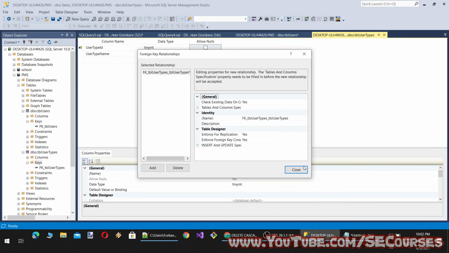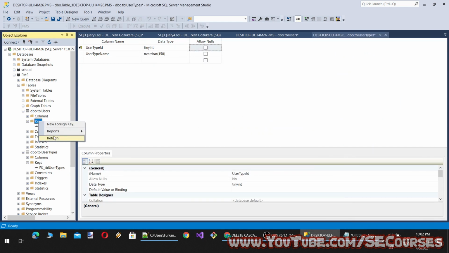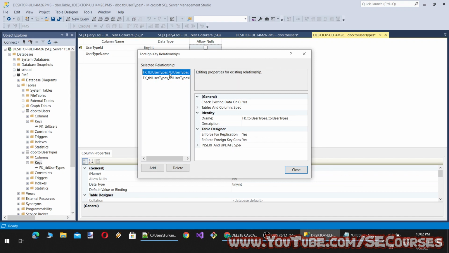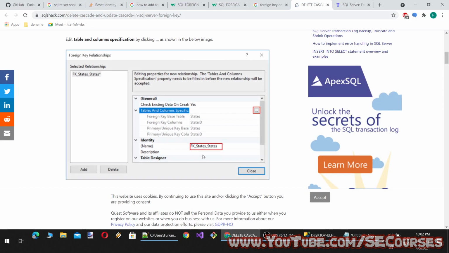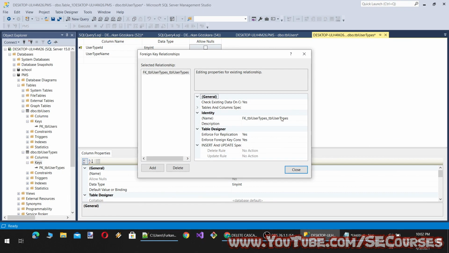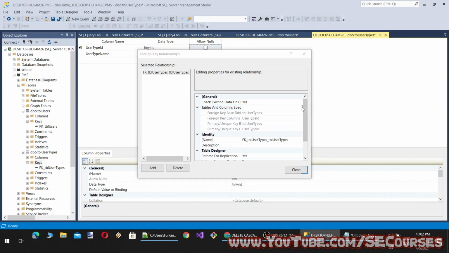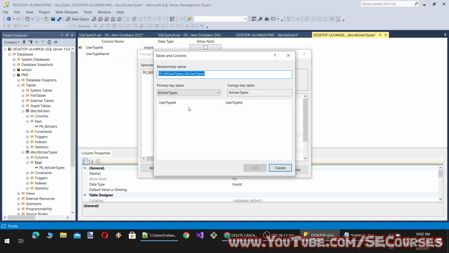So we do it on the child table here, new foreign key. And here, on insert, update, delete, we need to select cascade. Okay, let's see. There are tables and column specifications from here.